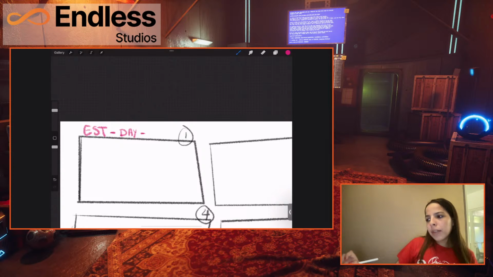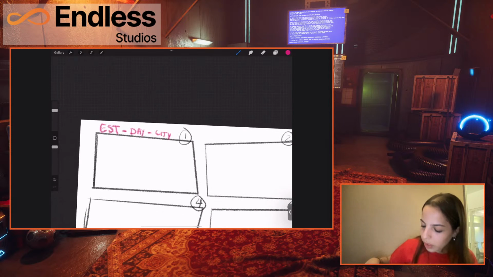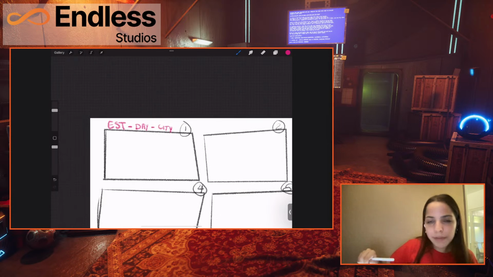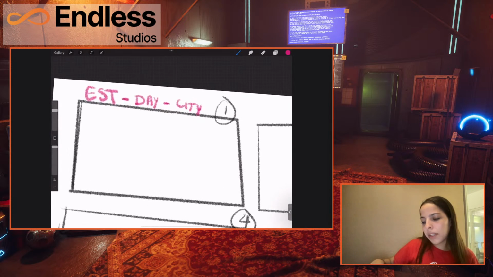So I'm going to start with the location of, let's say, city. So you start with the type of shot, the time of day, and city. It can get much more specific than this, but for the sake of showing you an overview of the storyboarding process, that's what I'm going to include.